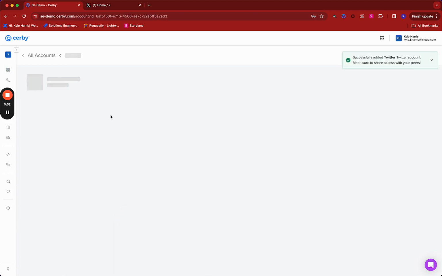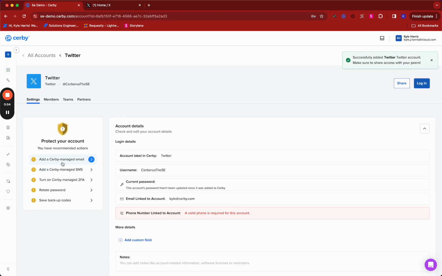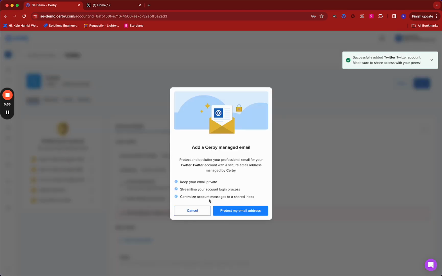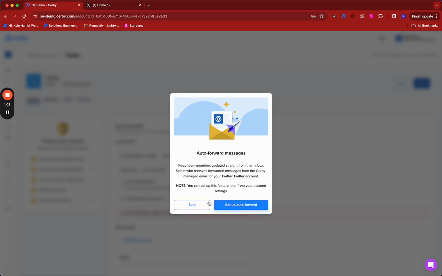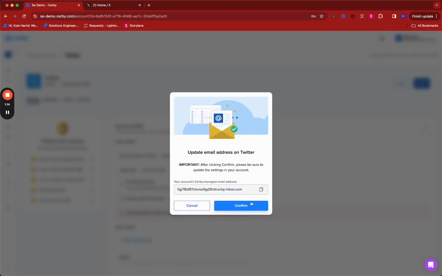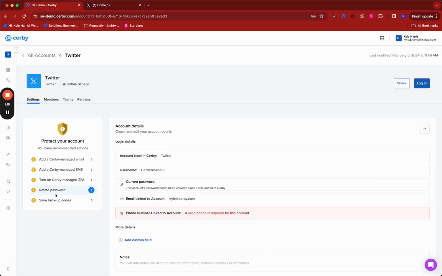If I dive into settings, now I can see where I can add a Cerby-managed email address, right? If I click Protect my email, I can set up my email. You can also set up auto forwarding to the owners, so only the account owners, the people who manage this account, can get the emails that are sent on behalf of the service. I'll skip this for now, but we have this generated email and we can go ahead and add that in